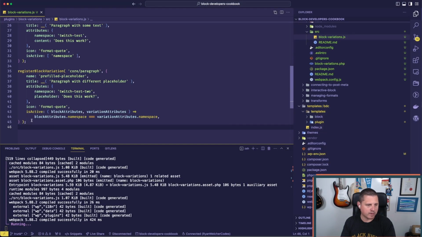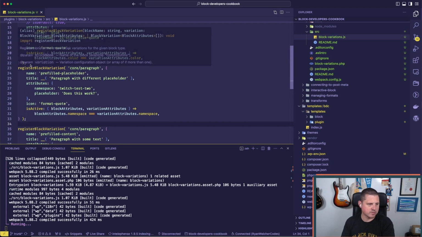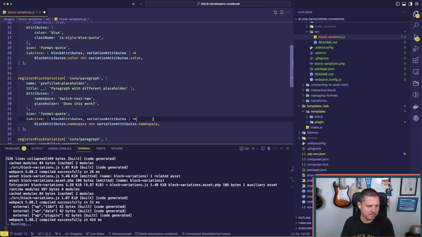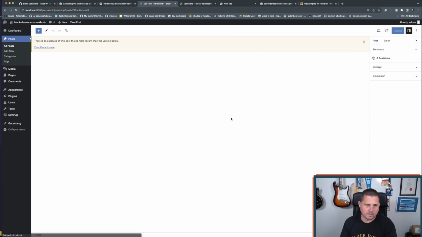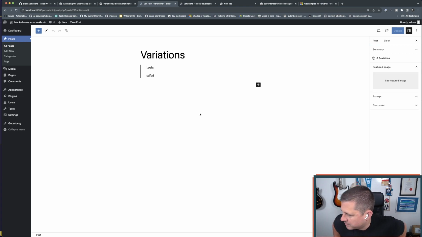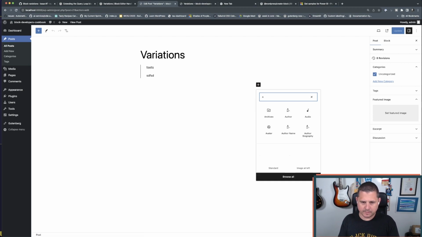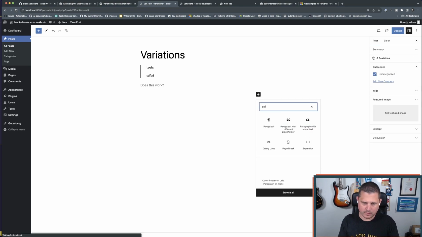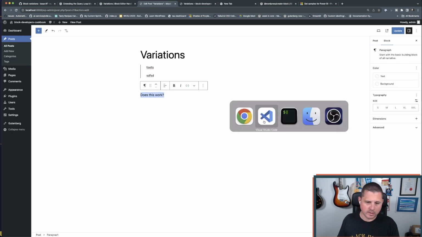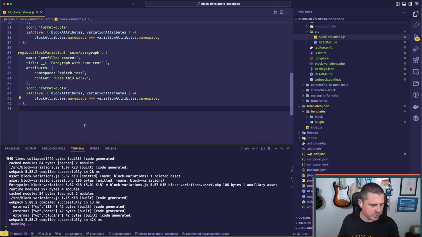So we should probably add this for both, because I wonder what would happen if the source order is changed. Let's see. I don't know if that'll matter, but let's have a look here. So you can see the isActive is definitely a pretty important thing, especially when you're getting into multiples, right? So paragraph, different placeholder, okay, and paragraph with some text. All right, still worked. I would still probably go in and make sure that this is the same for both, right? We want to make sure that